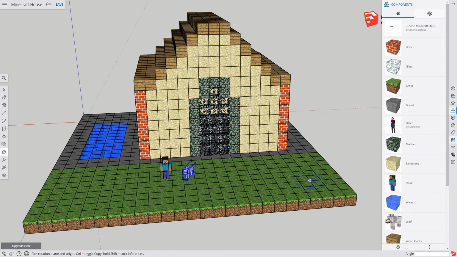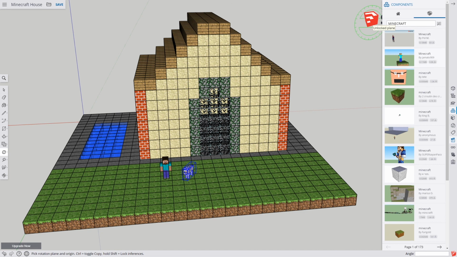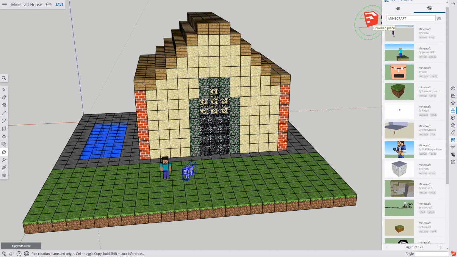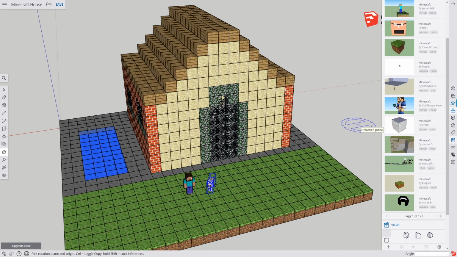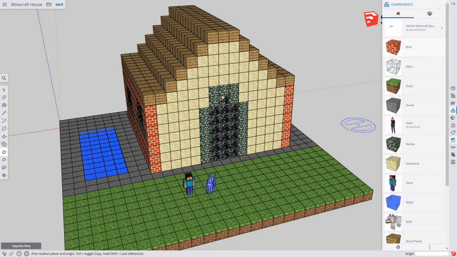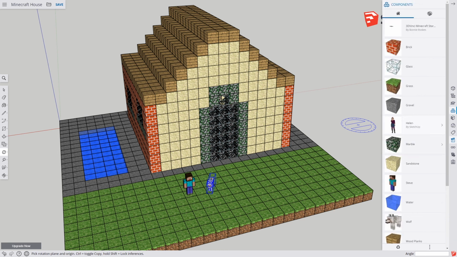And just so you know, if you come to the little search that we did to start with and type in Minecraft, you'll probably find heaps and heaps of stuff. Feel free to explore. You may find a little pack that you like. The scale may not be the same as this one here. Okay, so there weren't many blocks in that one. I'll make another video and I'll give you more choices, but in the meantime, stick to these